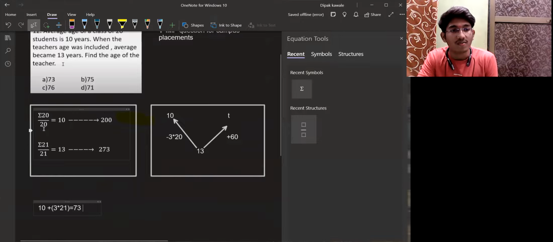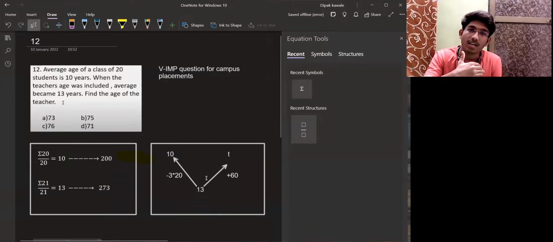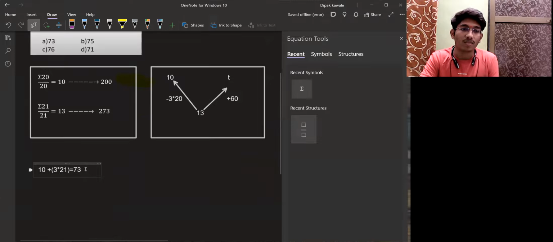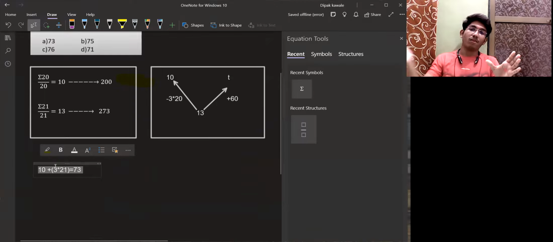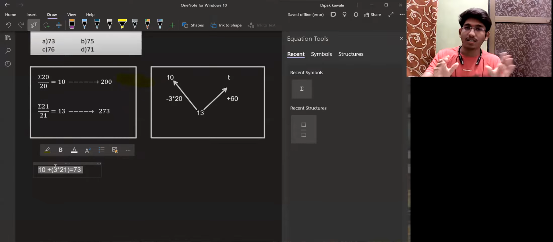So the answer is 73. Now tell me, which one is an easier approach? The first one, where we do so much multiplication? The second one, where we find the differences, observe them and then add again? Or the third one, a one-liner where we just assume that whichever member we are adding or removing is the same as the average, and we multiply the increase in average with the number of people.